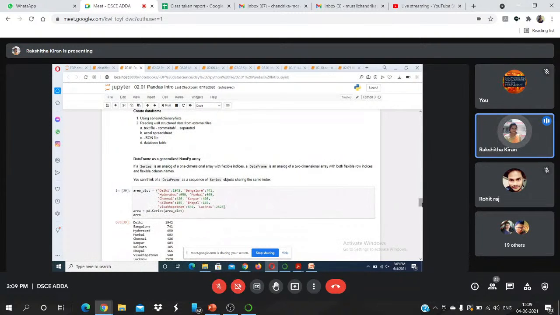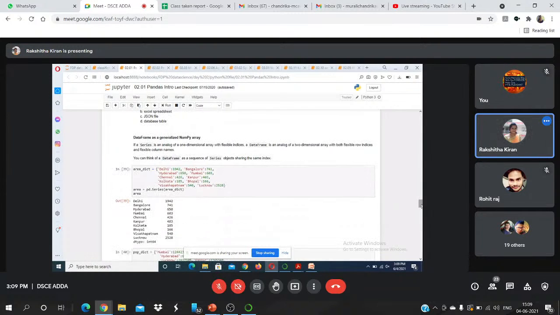So next we will go with the data frames. When you're talking about a series, it is just a one-dimensional array. When you're talking about data frames, it is a two-dimensional array. So to create a two-dimensional array, we have data frames. So what I'm doing is I'm creating